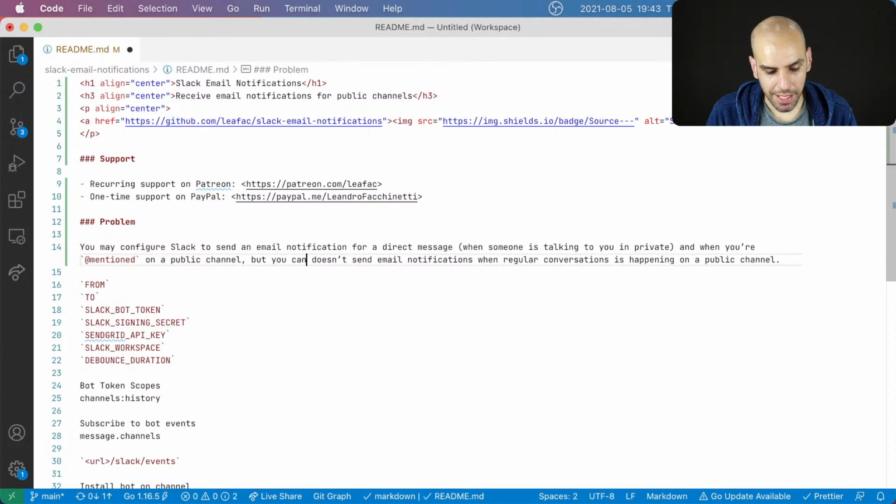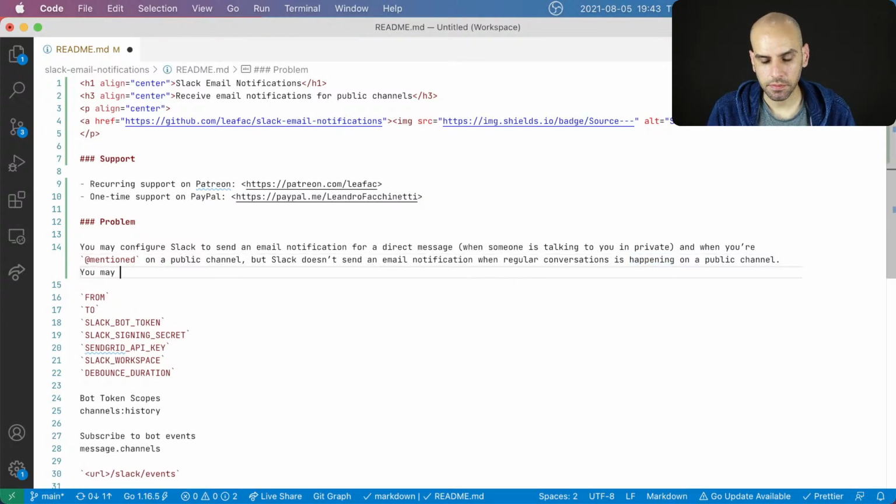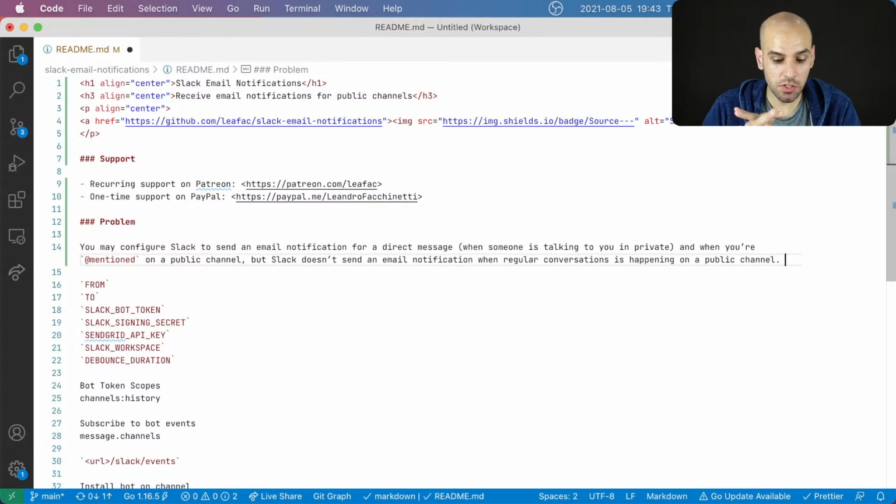But Slack doesn't send an email notification when regular conversation is happening on a public channel. I'm pretty sure that 5 minutes have passed, but in any case, let's just finish this paragraph.